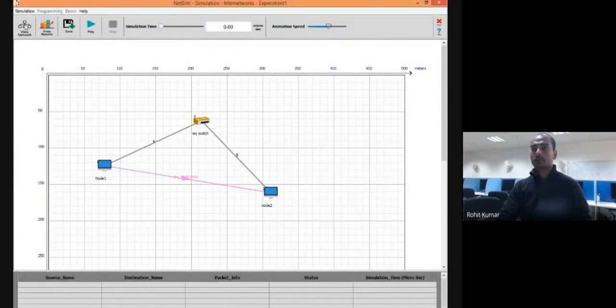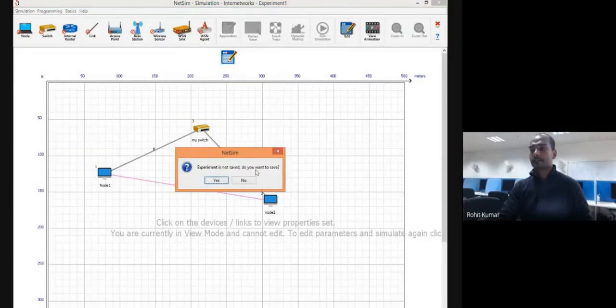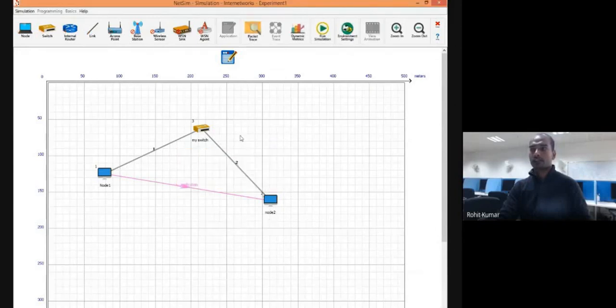Okay, close it, view network, edit it, and you can see here view animation option is enabled now. Why? Because it is already saved, but initially it was not enabled. So you can see here, you want to save, no. Now we are in edit mode, and you can see view animation option is not enabled now because you are in edit mode. You have not run the simulation. Then how can you see the animation? Okay, so you can see animation only after running the specific simulation in the environment. Once the result is stored, because you can record animation option is there. So later on you can view the animation.